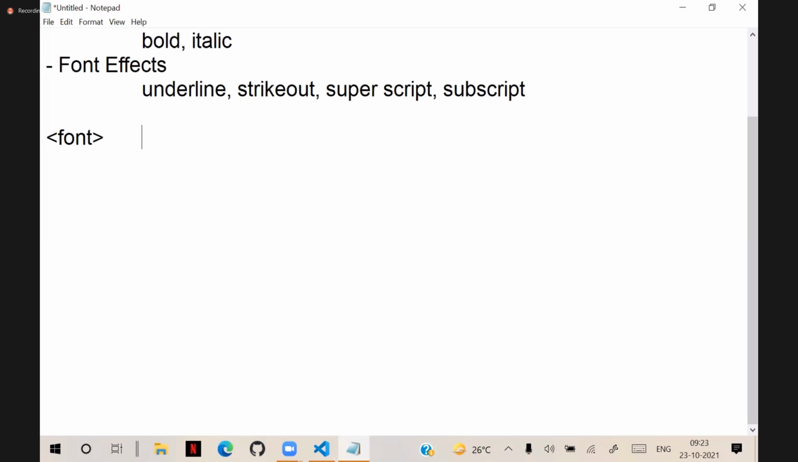The font element is used to define face, size, and color. Now here some important standards and interview questions are there you need to know. Actually, face means